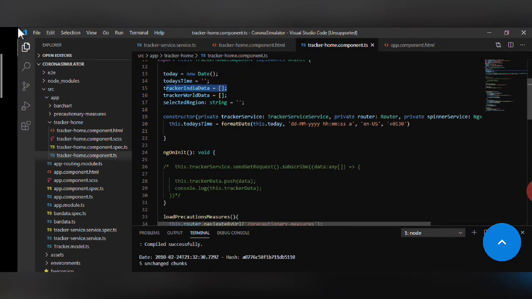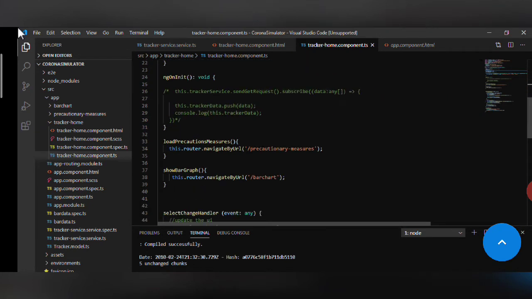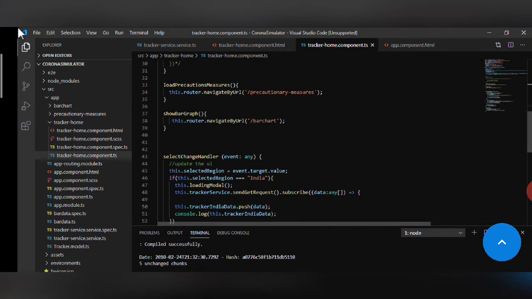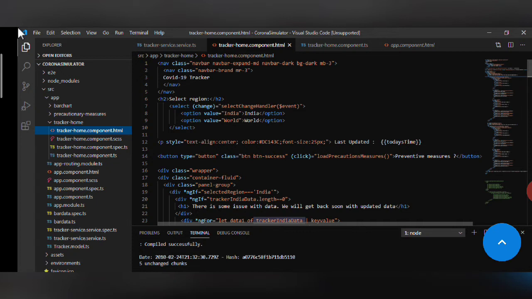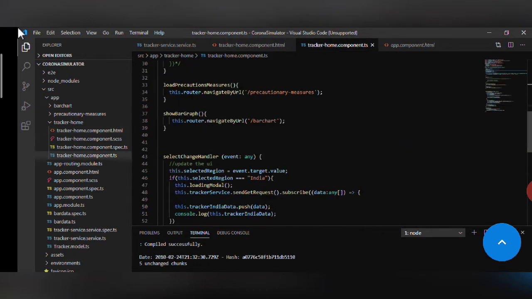Now the next part is that we are fetching the data from the service. As I mentioned, for the drop down value we have provided the field as selected region. So when this select change handler method is called from HTML, when the drop down value gets selected as India or world, the parameter will pass through this method, and it will call the select change handler in component.ts.